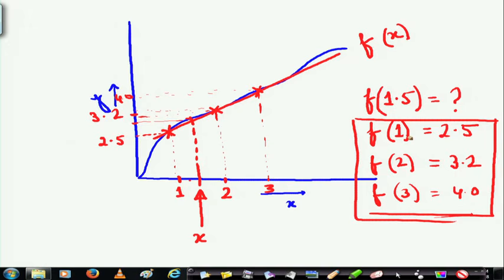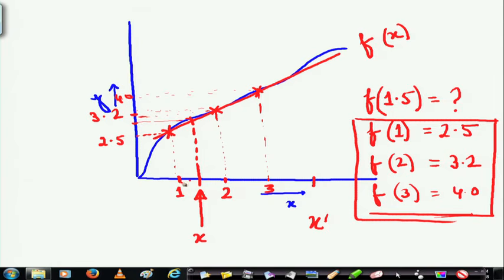Now, I can extend it. Suppose a table is given to you where values for f of 1, 2 and 3 are given, and so the range is from 1 to 3, but you are asked for some particular x prime which is beyond this range. In that case, it is also interpolation on the other side, that means beyond the boundary, that is known as extrapolation. All right. Basically the concepts of extrapolation and interpolation are more or less the same.